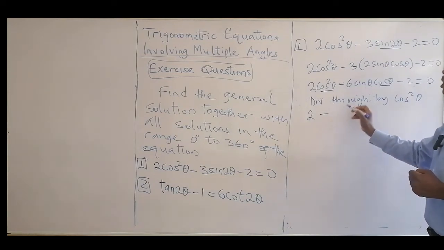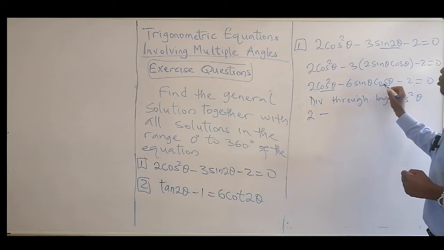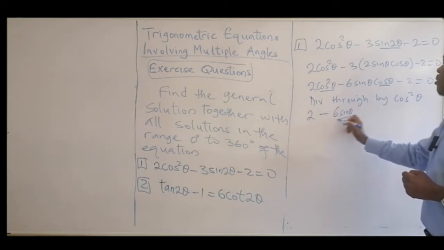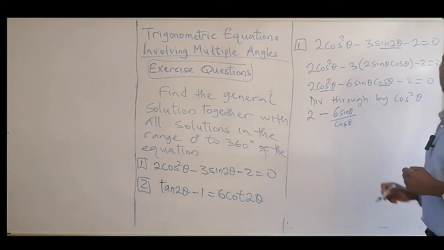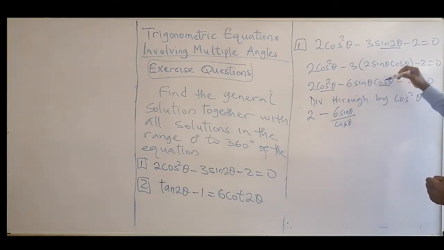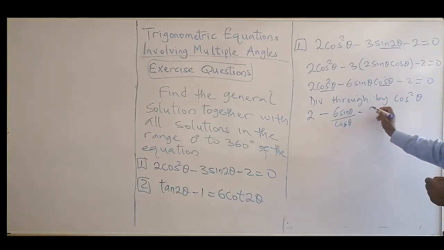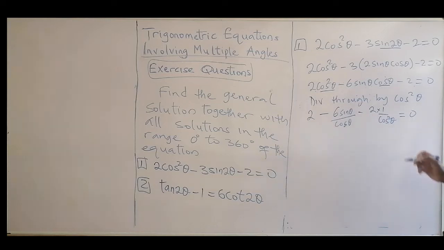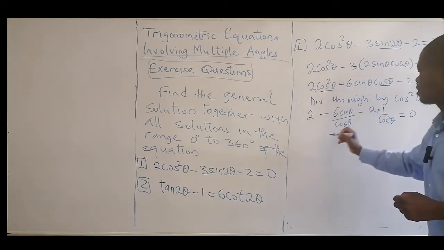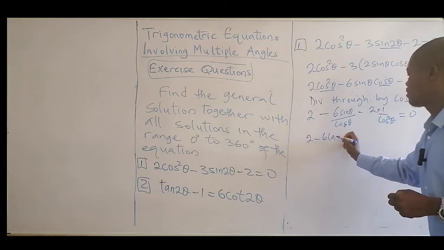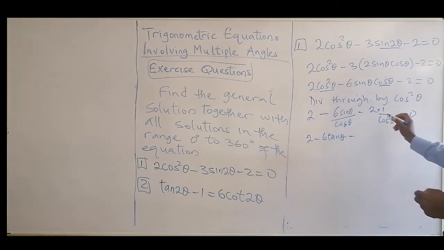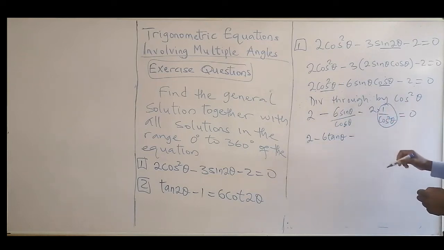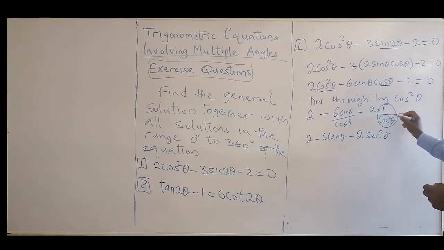Then 6 sine theta over cos theta, and minus 2 times 1 over cos squared theta, equal to 0. Sine over cos is tangent, so we have 6 tan theta, and 1 over cos is sec, so that will be 2 sec squared theta,